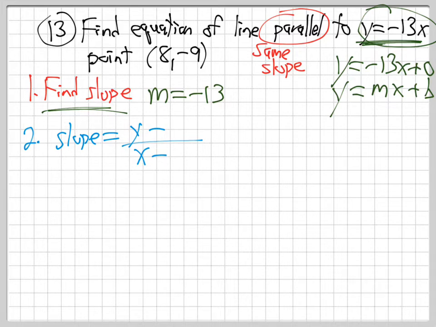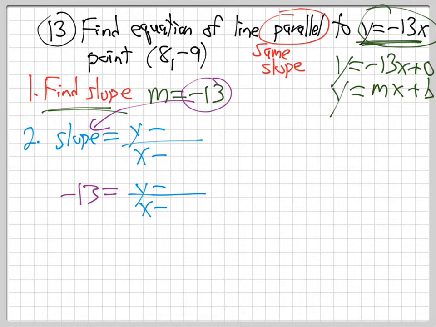So the slope right here, negative 13, goes on the left side. Negative 13 equals y minus blank over x minus blank. And how do you know what goes in the blanks for x and y? Well, the point they gave us. Here's the x, here's the y. Can you put them in the blanks and cross multiply? So the x goes in the blank of x, the y goes in the blank of